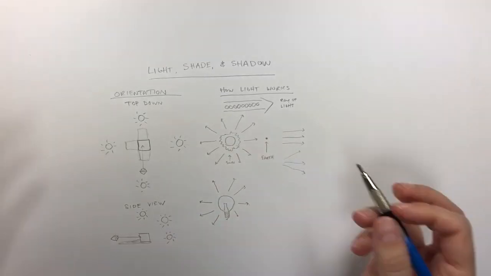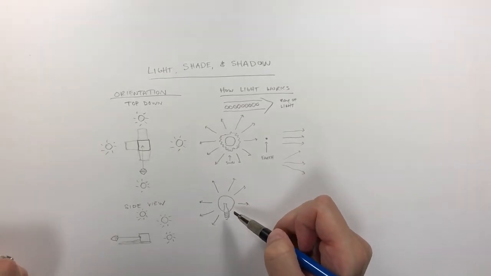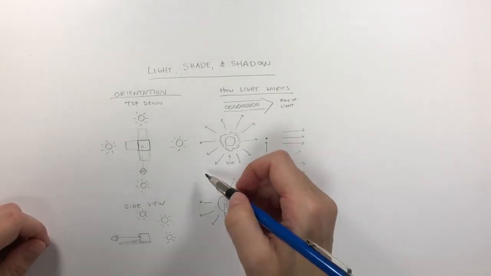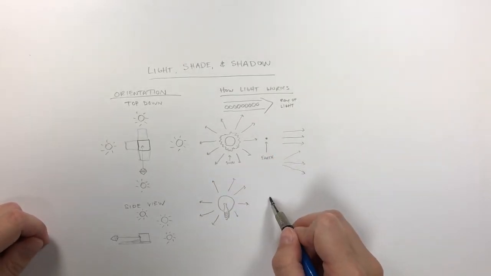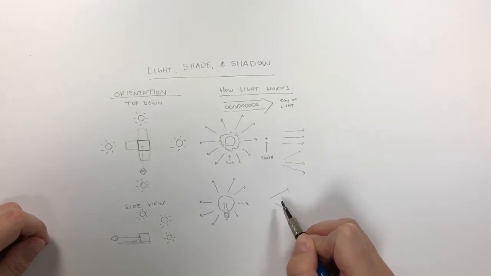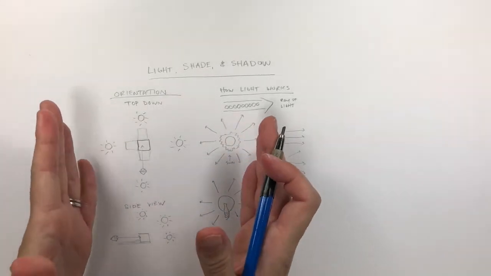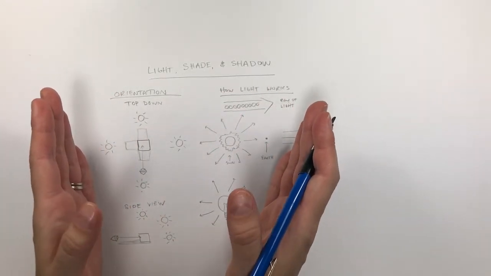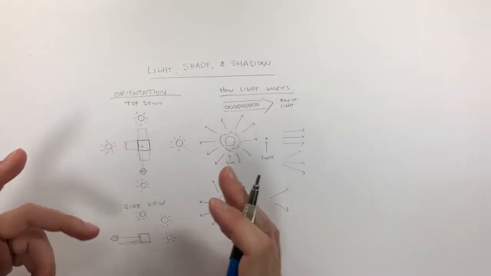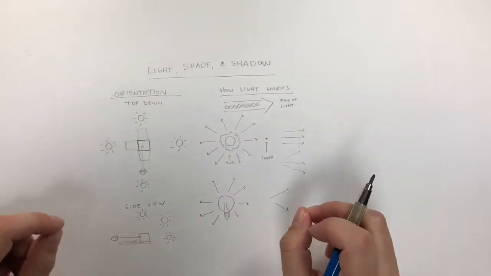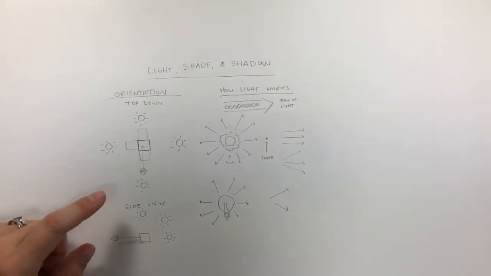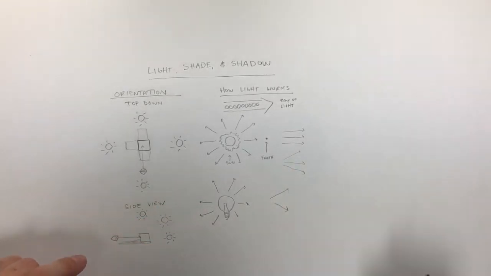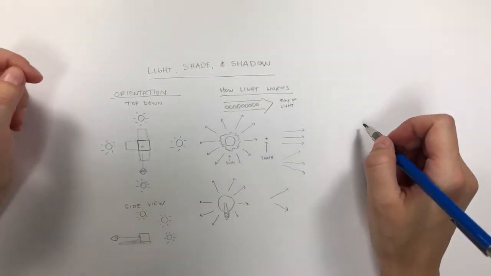But compared to a sun, a light bulb is a lot closer to us. Because it's so close, these rays of light are still going to look like they're coming out at angles. And that's going to affect the shape of the shadow. If the light's going straight or going out at angles like that, it's going to affect how the shadow will look, and it will also affect our perspective when we get to that. So this is really important for you to understand, the science of how this works. And the other thing I do want to talk about,